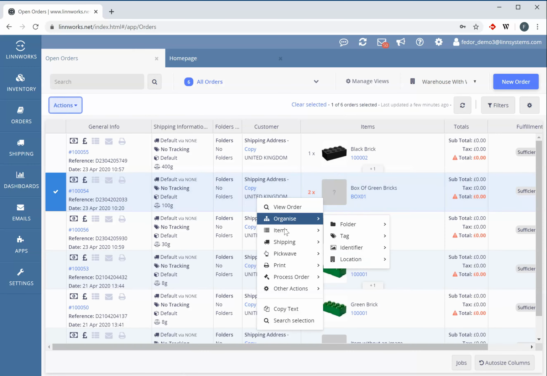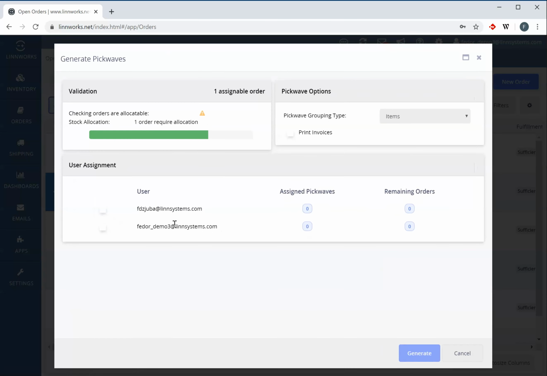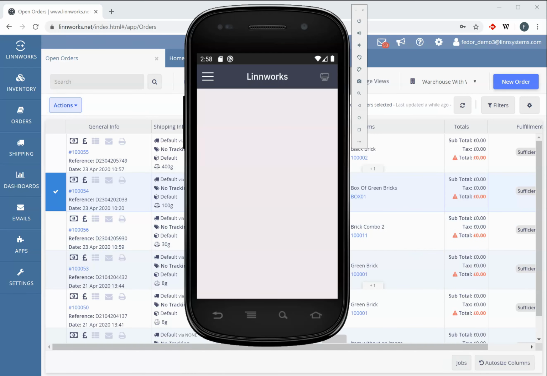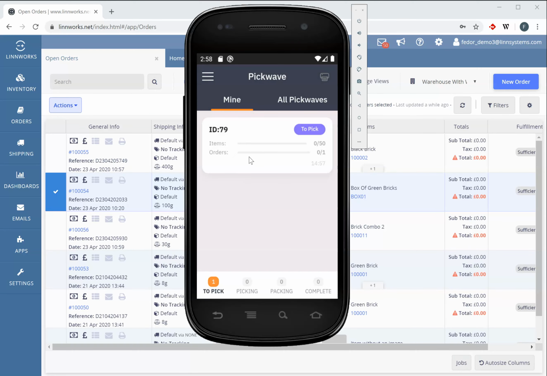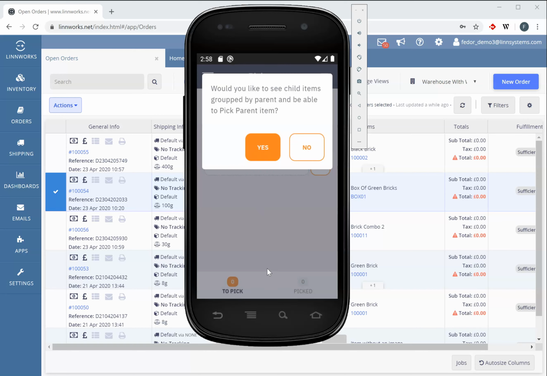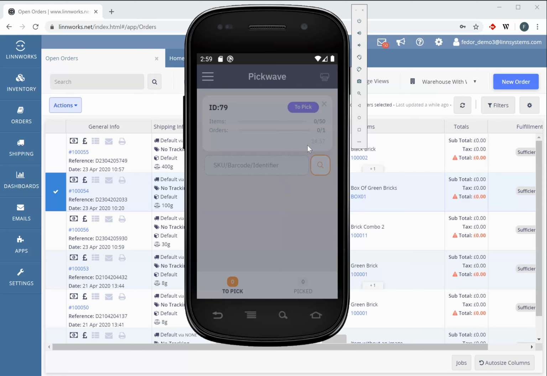Okay, so if we go and create a pick wave for this order and just group it by items, let's go into mobile pick waves and have a look what its item looks like. So the very first thing actually asks us whether we would like to combine parent in the pick wave, and if we say no,